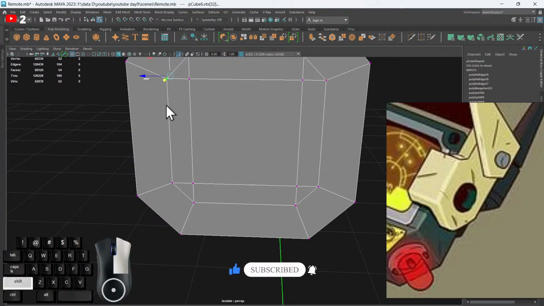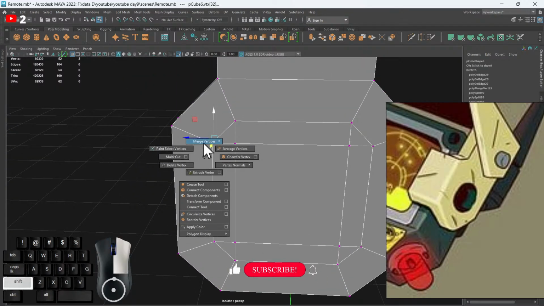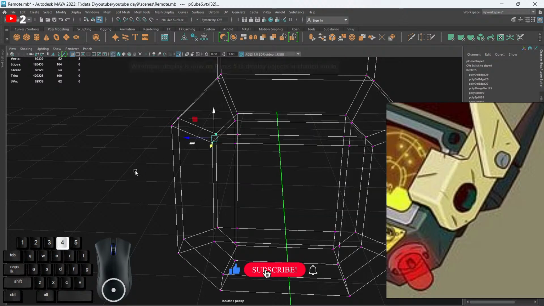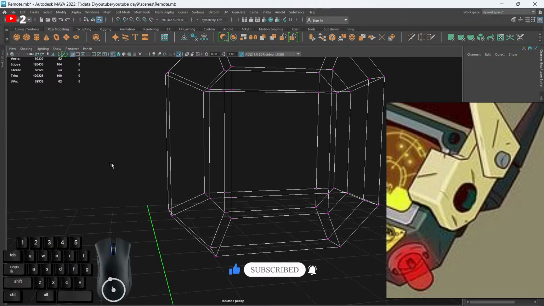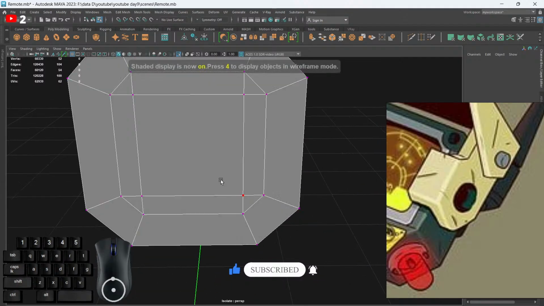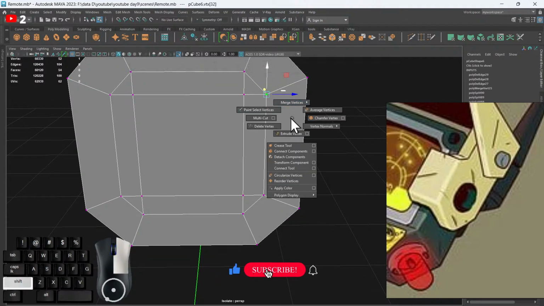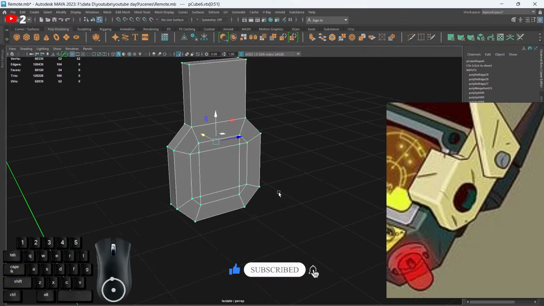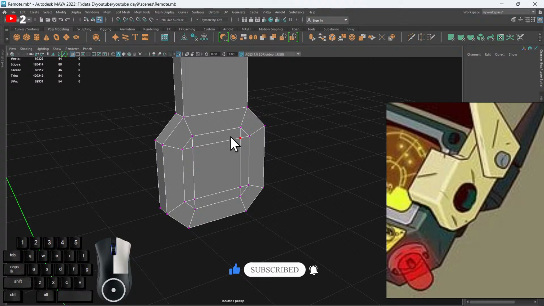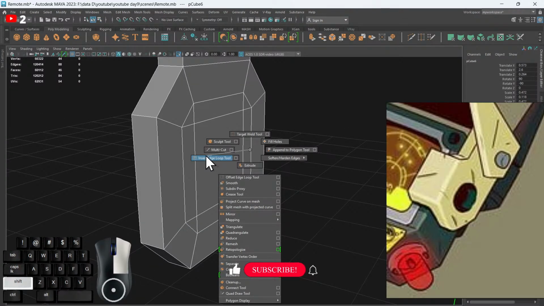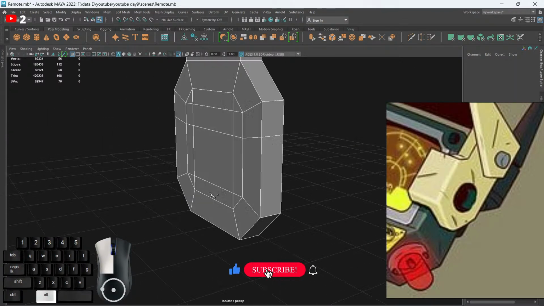So let's check. Yes, two vertex. Yes, four. There's one over here. Press 5, or else let's select the whole thing, go to merge vertex, and now if we put a loop, yes, it